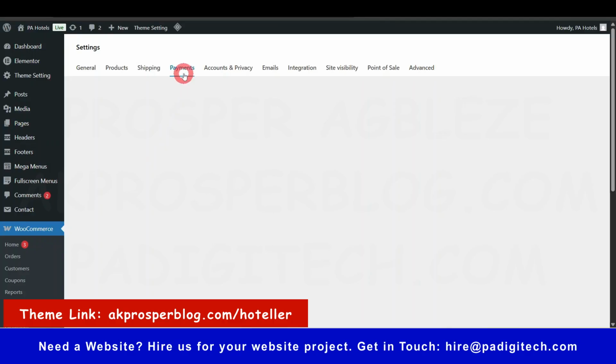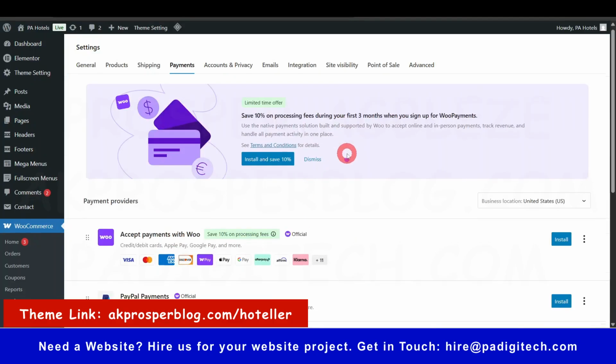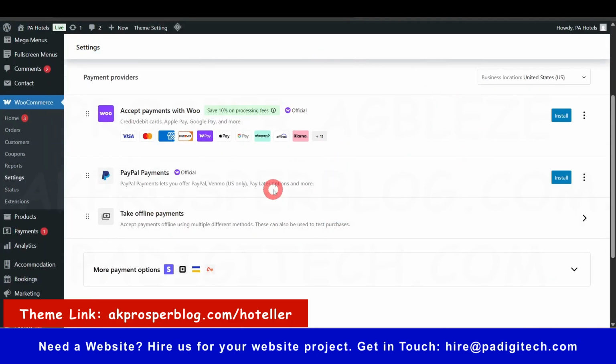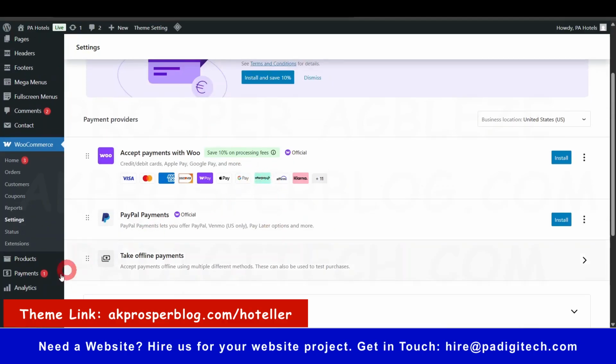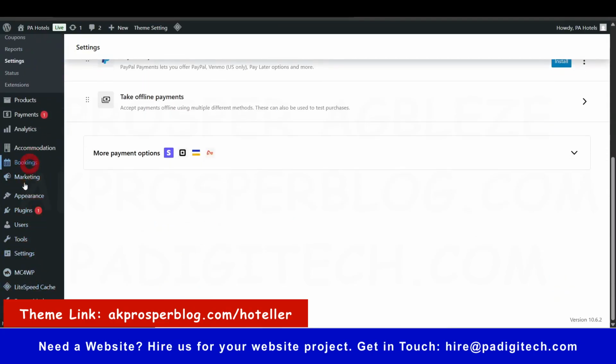Okay, that's for WooCommerce Payments. They have a much more extensive list of payment gateways that you might want to use. And if you can't find it here, what you just do is come over to plugins and download a plugin for whatever payment gateway you want